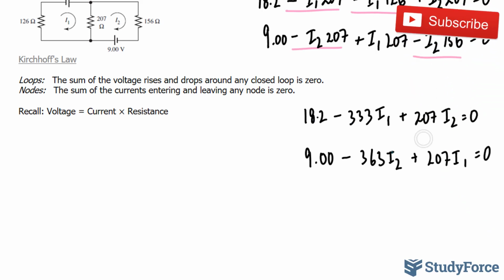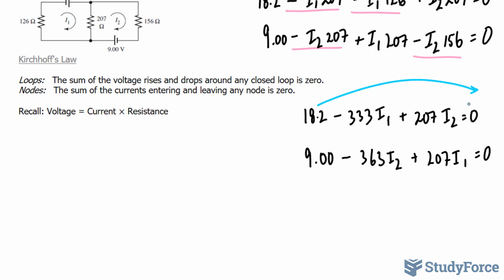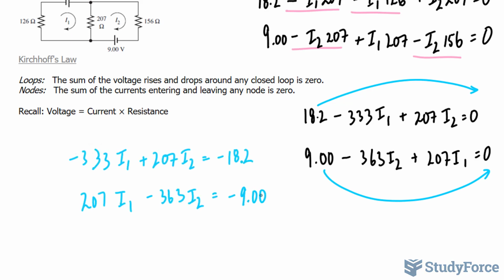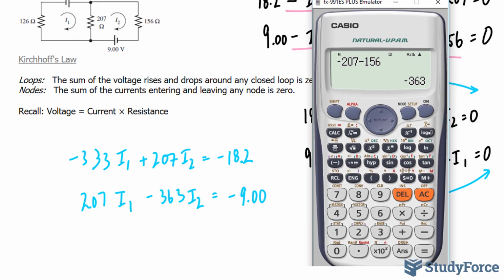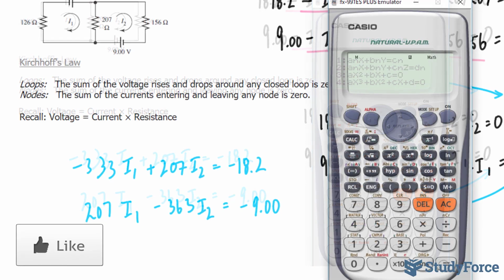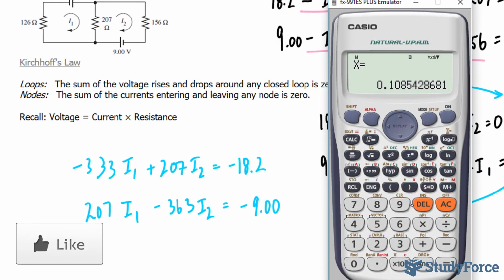Next, we'll rearrange both of these formulas by bringing the constants over on their own, and we're left with minus 18.2 and minus 9.00. Now you can solve this either using the addition subtraction method, substitution, or elimination, but I'm going to use my calculator because it does have a function where I can solve for my two variables, mode 5, 1, and this gives us a current of